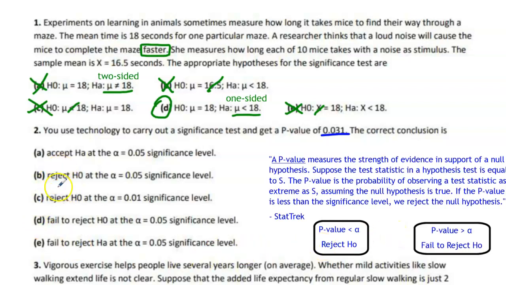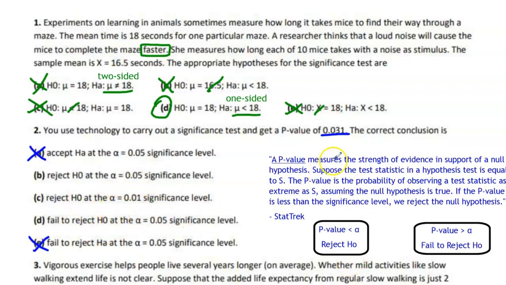Remember that we can either reject H null or fail to reject H null. We never, ever accept H null or HA, right? We either reject or fail to reject H null. Another one that we can cut off is here, because we don't ever make decisions about HA, the alternative hypothesis. We only make decisions about H null, which is the status quo, the prior claim, whatever the case may be. All right, so it's either reject H null at alpha equals 0.05, reject at 0.01, or fail to reject at